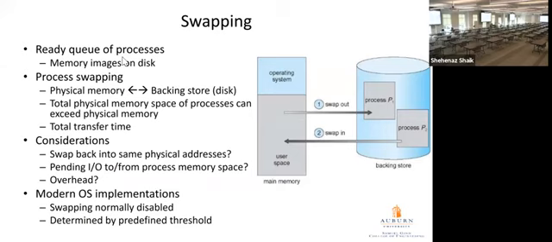Either it is ready to be executed and waiting in the ready queue, or it can be running, or a particular process can be waiting for some pending IO, right? All these three different states that I mentioned are valid for all the processes which are loaded in physical memory,